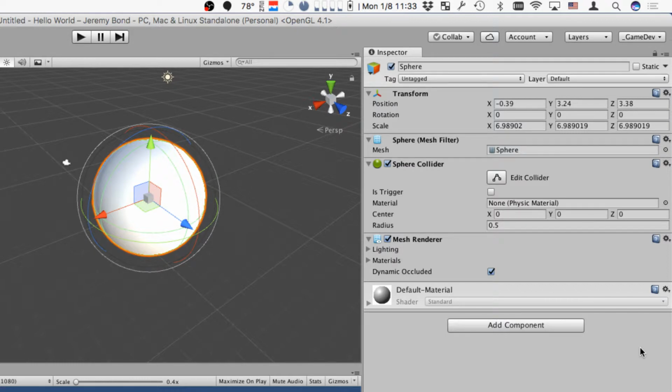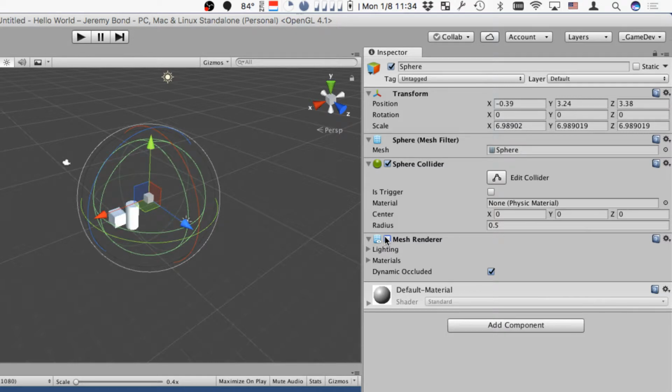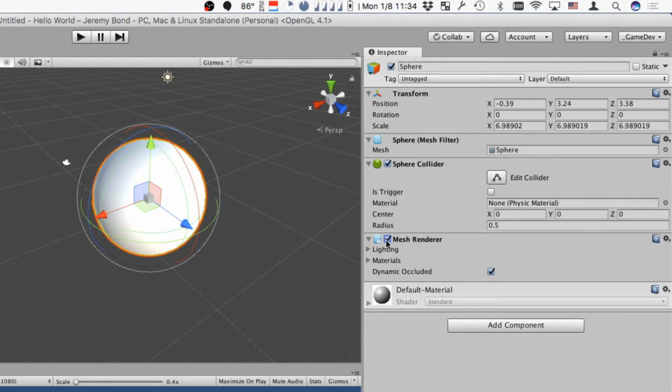Then there's the mesh component. And the mesh component is the actual dots and lines and triangles that make up this sphere. So that is like a model that you modeled in Maya or something and brought in. That's going to be the mesh component. Then the mesh renderer actually allows us to see that. So this mesh renderer, if we turn it off, the object is invisible because that is the piece that's rendering. And the nice thing is you can have any kind of mesh, and a mesh renderer can render it the